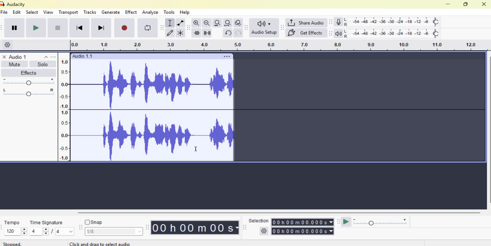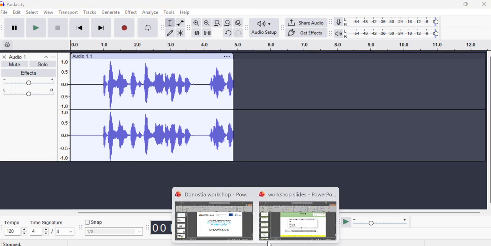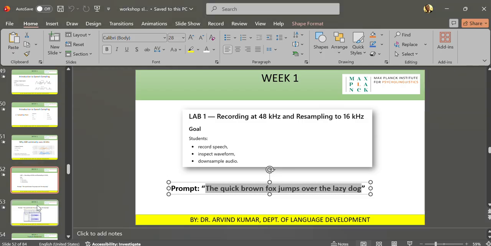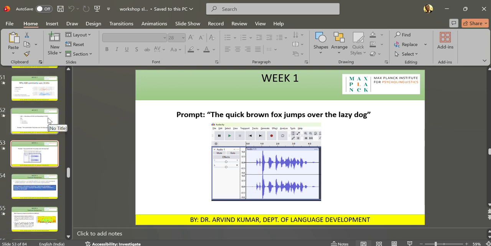Okay, so now we have already recorded it. So the next part is that we are going to understand what is a feature, and then we will be resampling it, and then we will also be doing the feature extraction. So first, let us go and do the first part, which is the